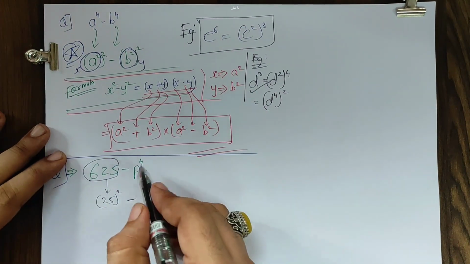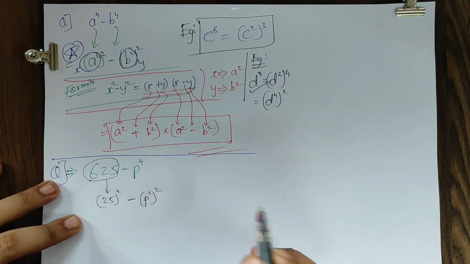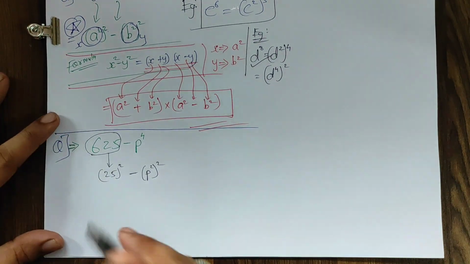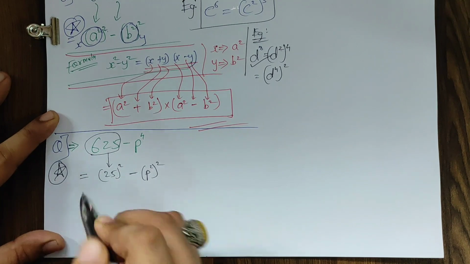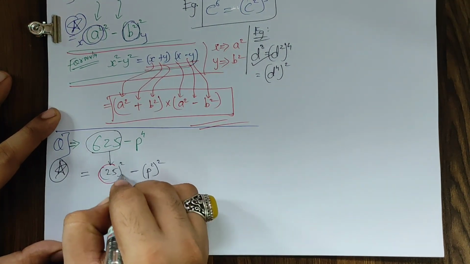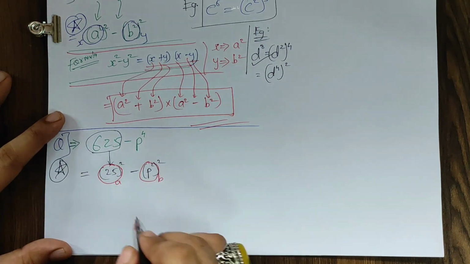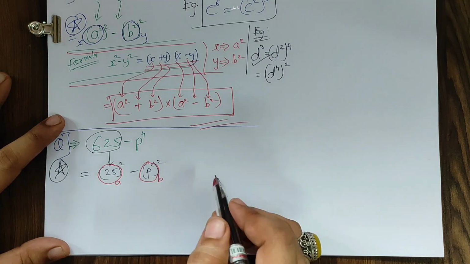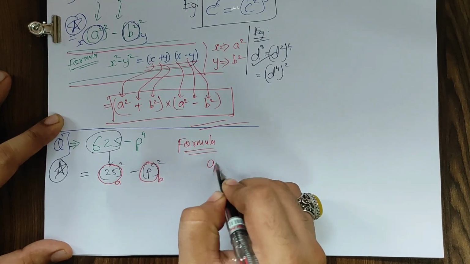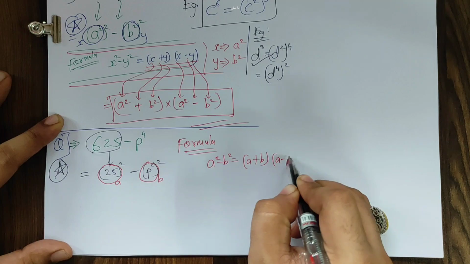Okay, so p raised to 4 hai, so can I write it as p square the whole square? Bracket means multiplication, so 2 2s becomes 4, so it's one and the same. This step is very important, students, and now I can say I am done with my question. In my submind मैं सोचूंगा कि 25 is like a for me and this p square is like b for me. What's my formula? My formula is a square minus b square is a plus b multiplied by a minus b.